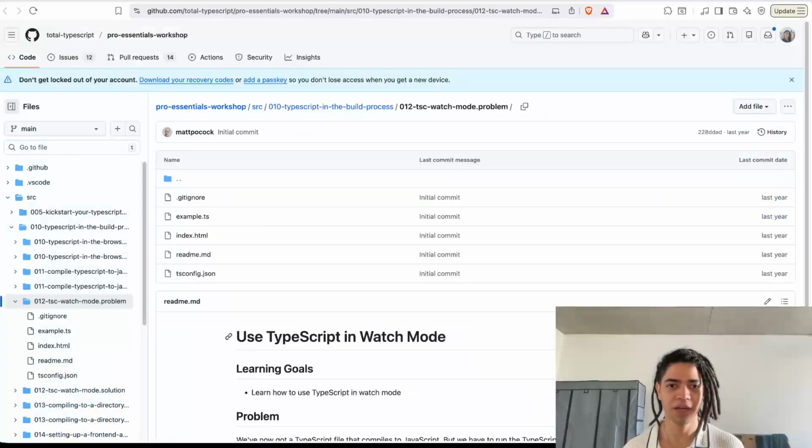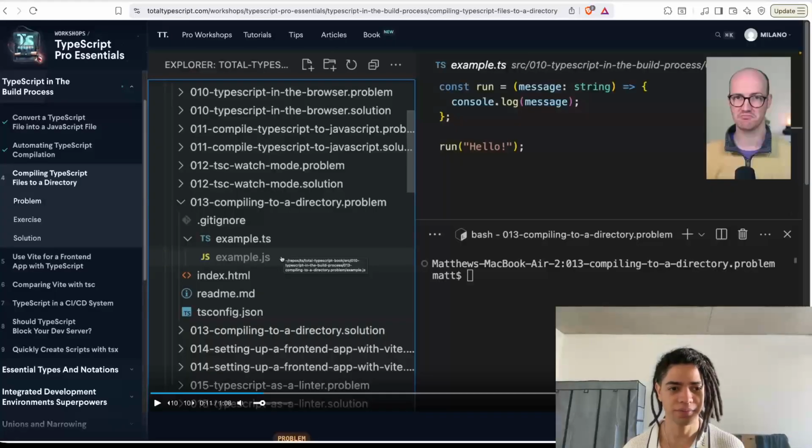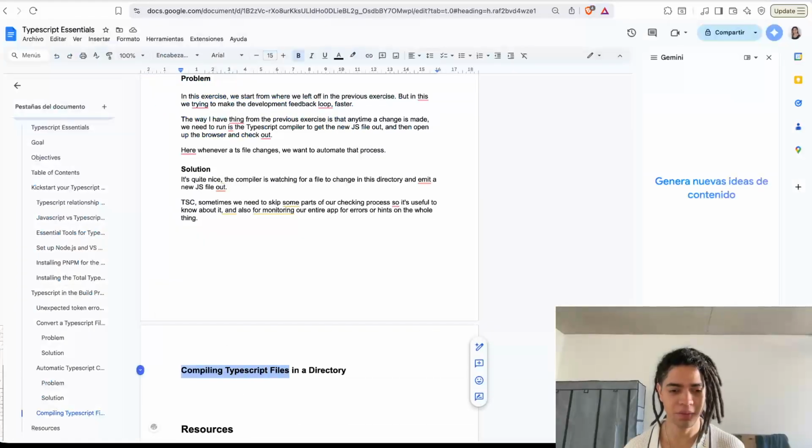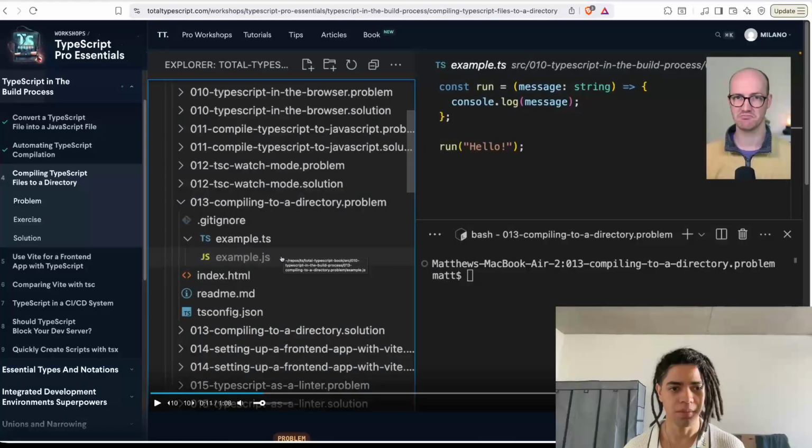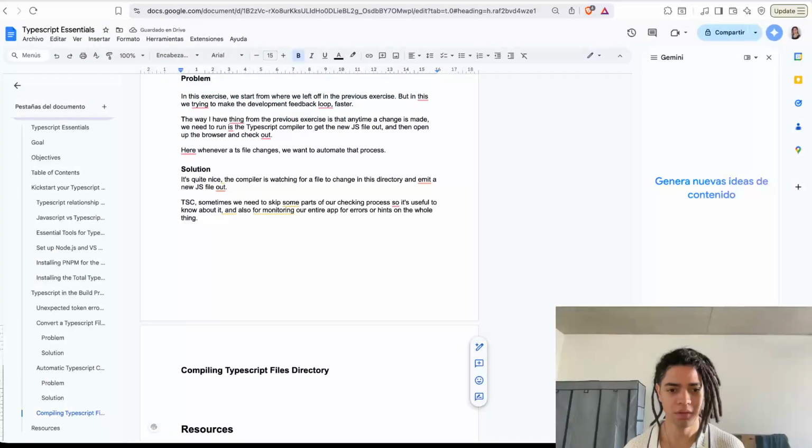Compiling TypeScript files to a directory. So the problem here,